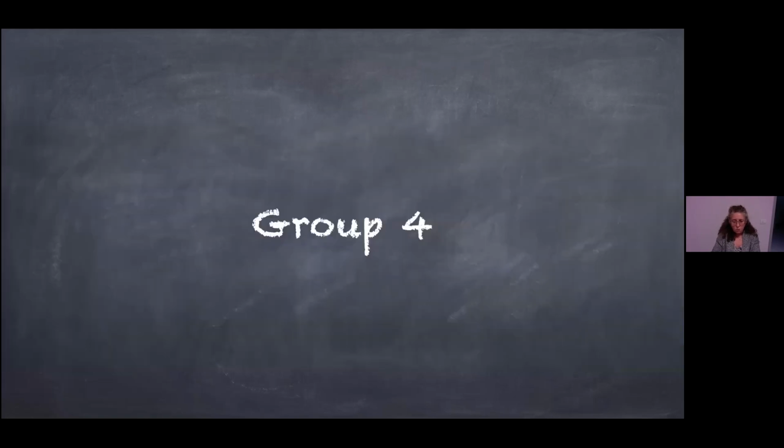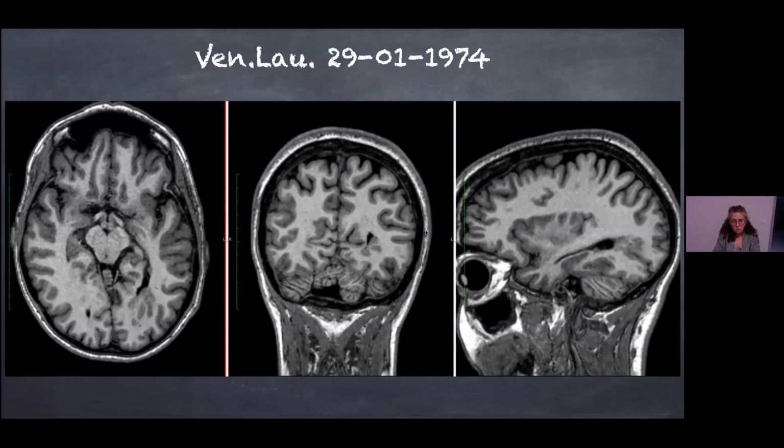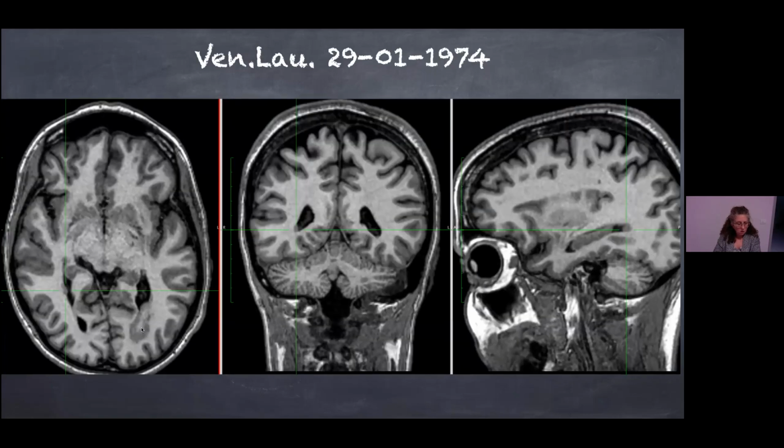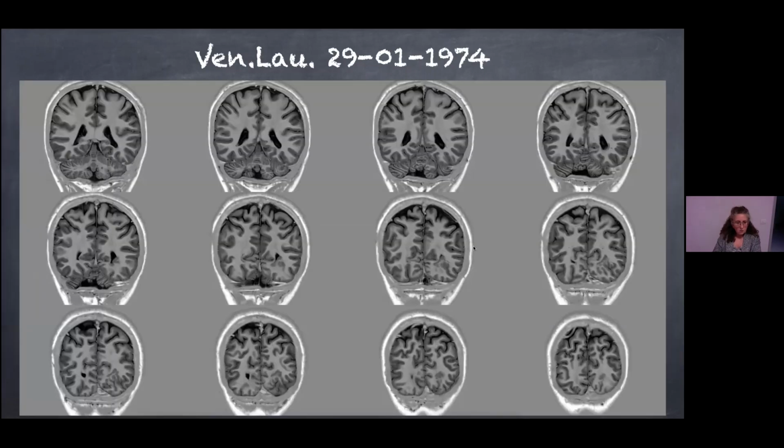If we move to group 4, where the nodules are associated with other malformations of cortical development, this is the case of Laura with a huge malformation, not only the nodule, but a kind of polymicrogyria and a big heterotopic nodule. As we can see here, all the cortex on the occipital part is malformed. So the network in this case,